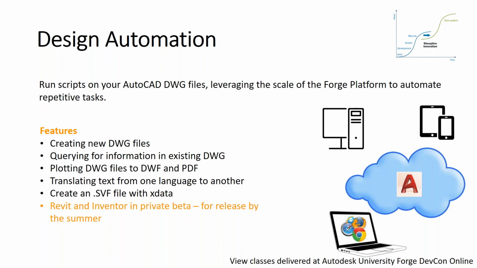And that's everything from, maybe with Revit, you want to, from a web page, make changes to some parameters. Maybe with Inventor or AutoCAD, you want to crank out PDF files automatically on some basis when files change. So really, again, it's the Revit, Inventor, and already the AutoCAD engines up on the cloud that for the most part, you can use the APIs you already know for the desktops with these engines.